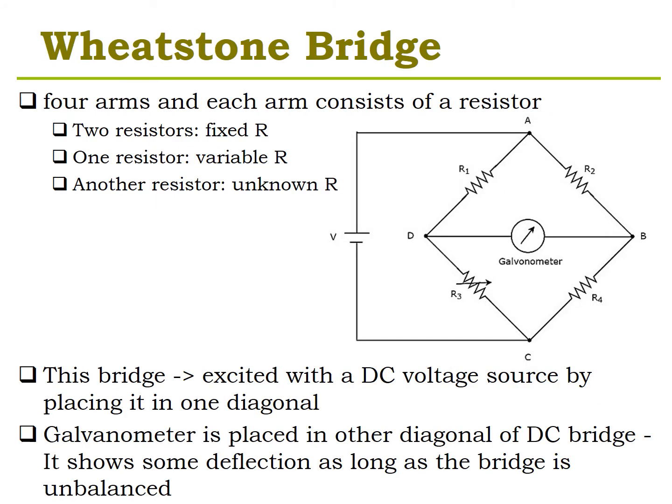So in today's class we're going to start with Wheatstone bridge, which is nothing but a DC bridge that has 4 arms with resistances on each of the arms. So 2 resistances have fixed values, we call them standard arms or ratio arms. The third one is a variable arm, with a variable resistance, and the fourth arm would be where we would have our unknown resistance that we would try to find the value of. There would be a galvanometer connected between the 2 opposite arms, and the supply voltage would be connected to the remaining 2 ends.